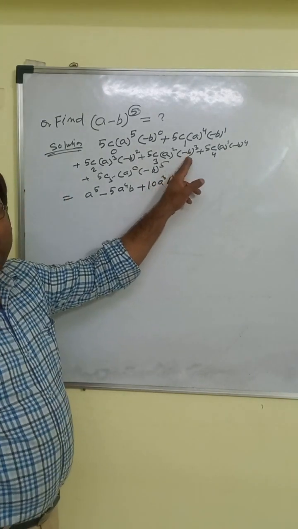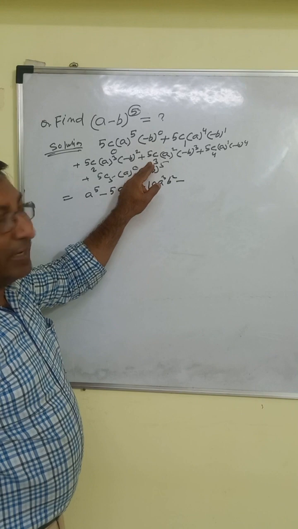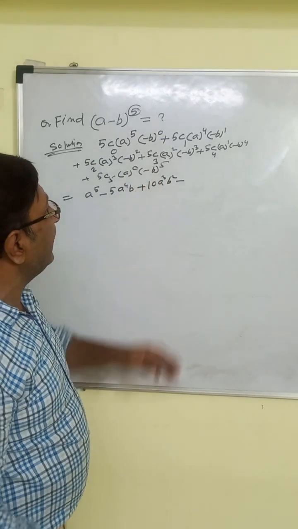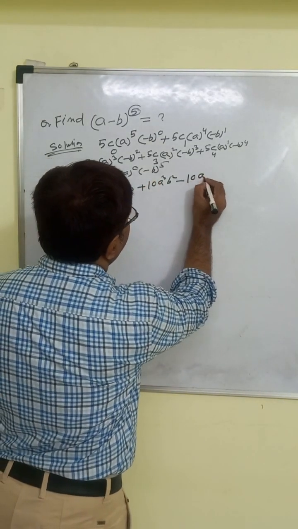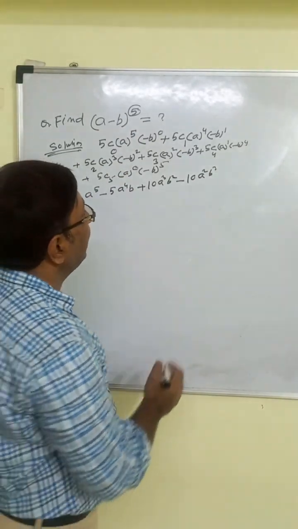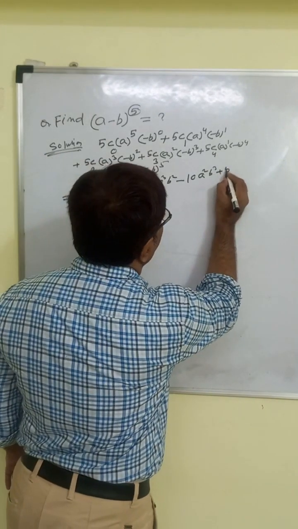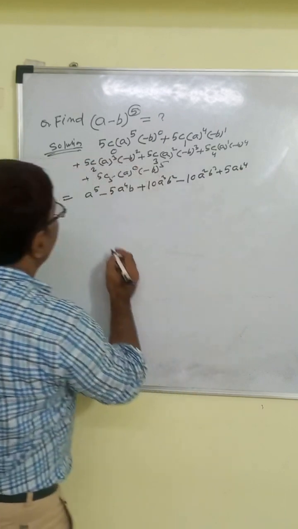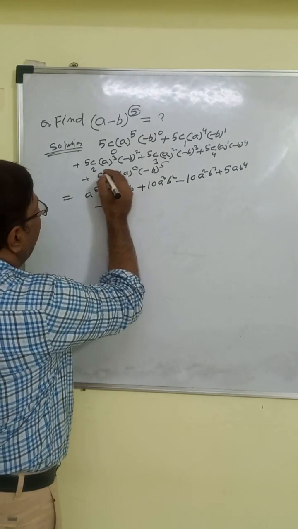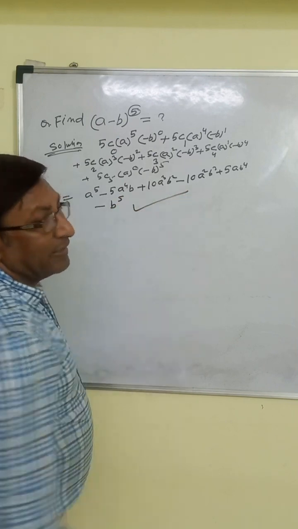Again you see here minus B cube will be negative. So this is what? Negative 5 factorial divided by 3 and 5 minus 3, 2. So 5 into 4 divided by 2, again 10. So we'll get 10A square B cube. Here minus B power 4, positive, we get a positive number. And 5C4, 5 factorial over 4 and 1, so only 5. So this is 5AB power 4. Now you see here minus B to the power 5, negative. So we'll get minus 5C5, 1, A power 0. So this is B to the power 5. This is our correct answer.